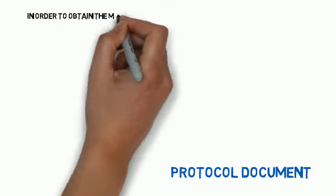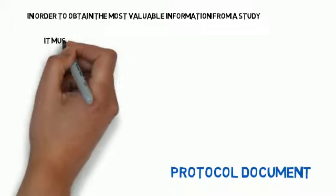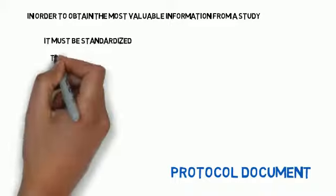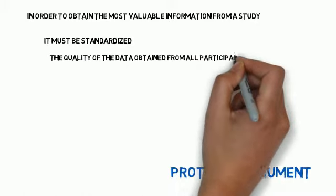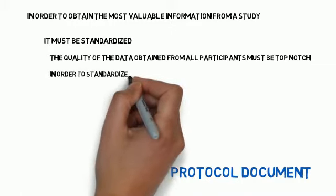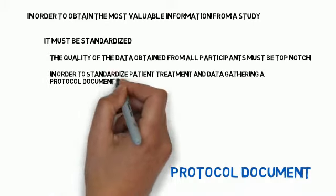In order to obtain the most valuable information from a study, it must be standardized so that a physician participating in California will treat each patient the same as would a physician participating in Michigan. Also, the quality of the data obtained from all participants must be top-notch. In order to standardize patient treatment and data gathering, a protocol document is developed to serve as a guide for